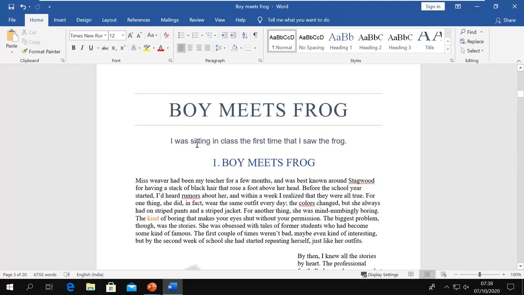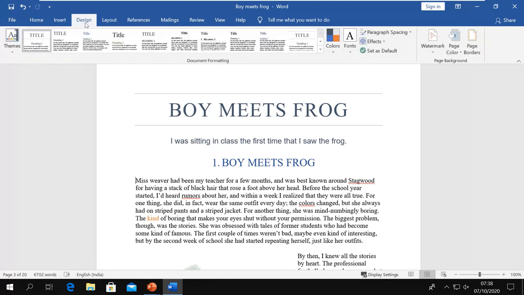Now we can do it overall in our document. That means no matter how many pages you have, you can configure it from the Design tab. So you go to the Design tab, and there you have the first group, Document Formatting. From there we can choose different themes, different style sets, color combinations, font combinations, and combinations for your different objects.